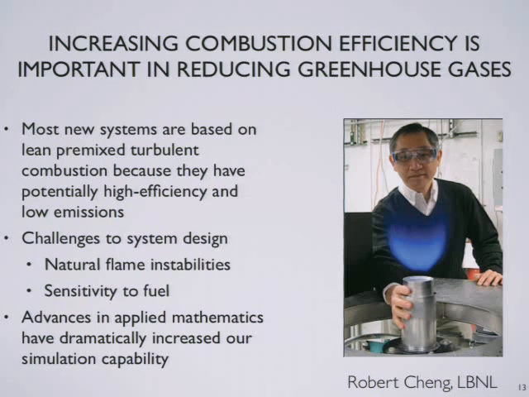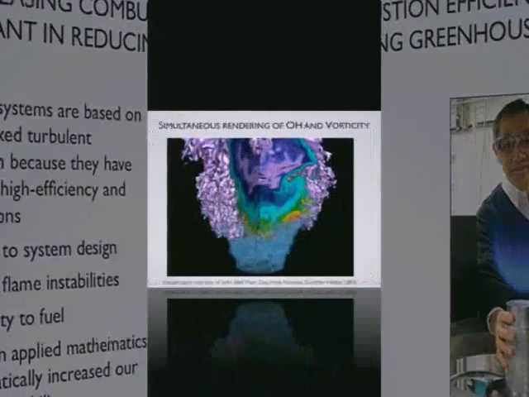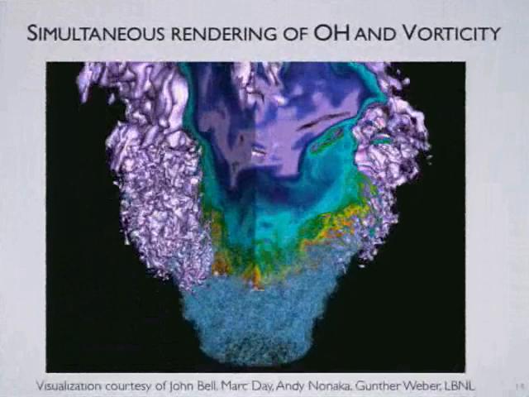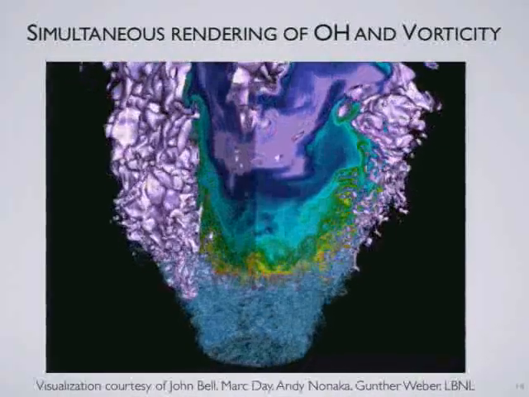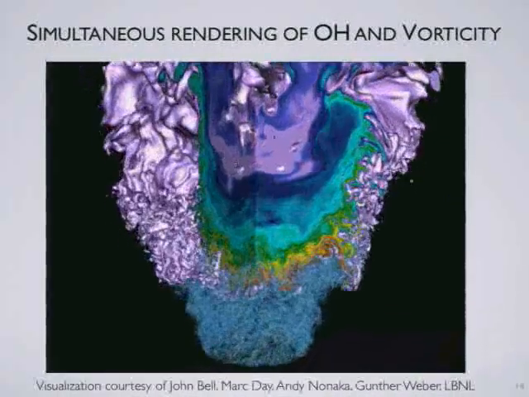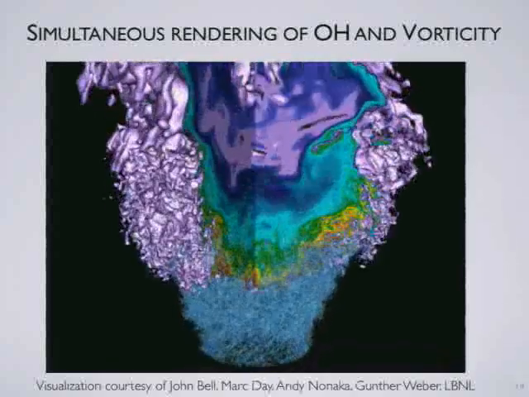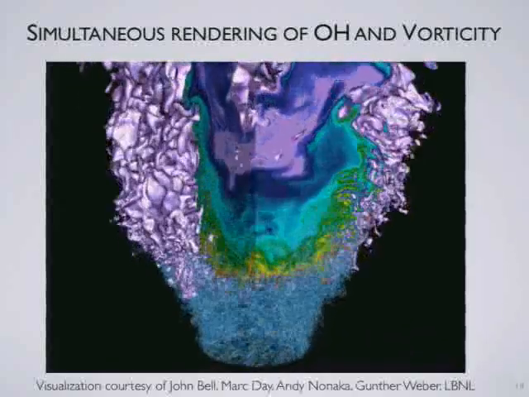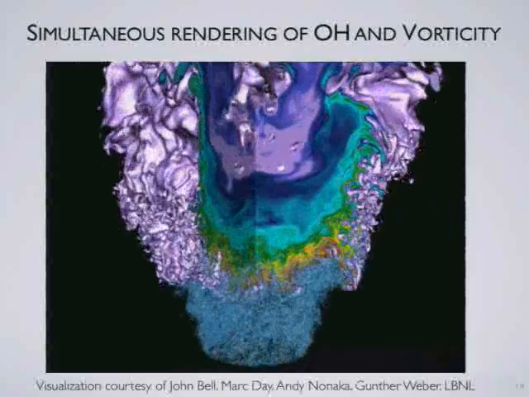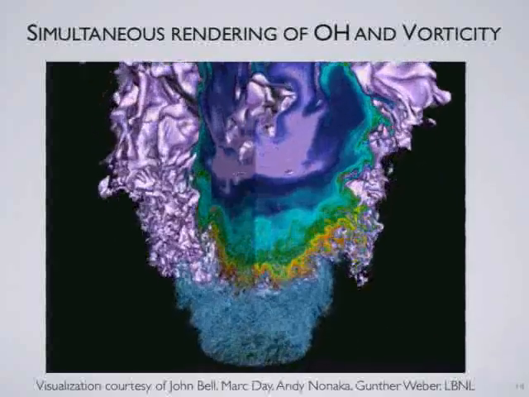The other way we've been trying to do this is to work with Robert to try to develop mathematical models to be able to predict what the efficiencies are and what kind of combustions we can get. So from that, we've been able to do things like a simulation like this, which allows you to now understand what is going on. So you can see this is the bottom now of that flame, and you can see the turbulence coming in here,